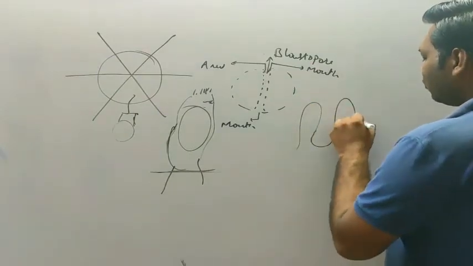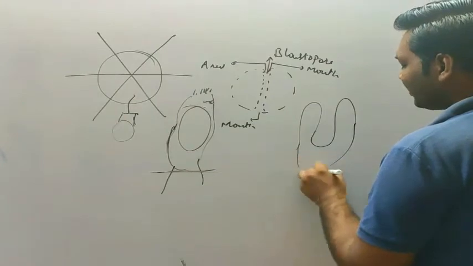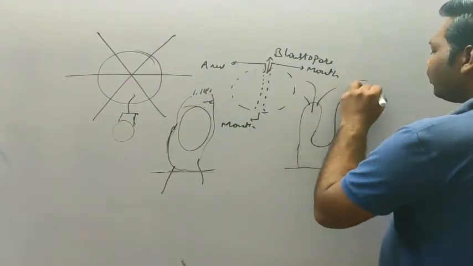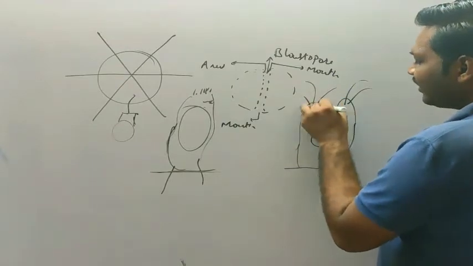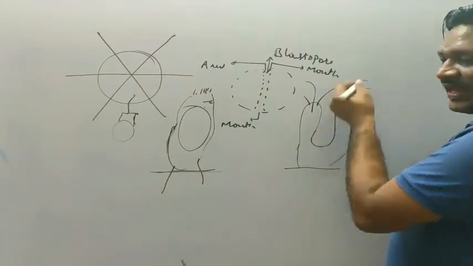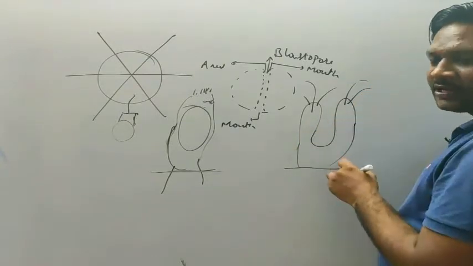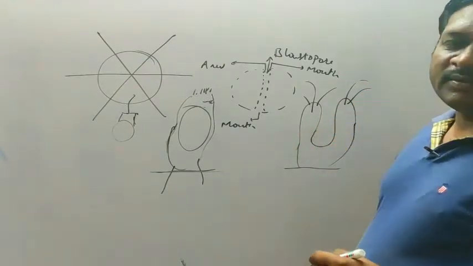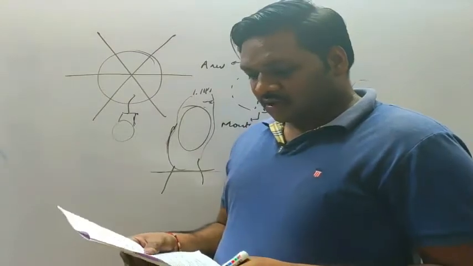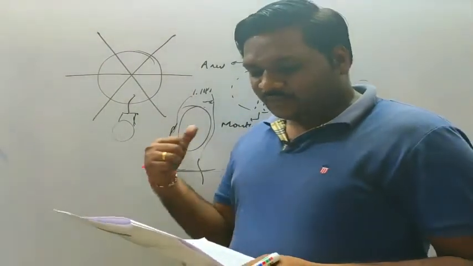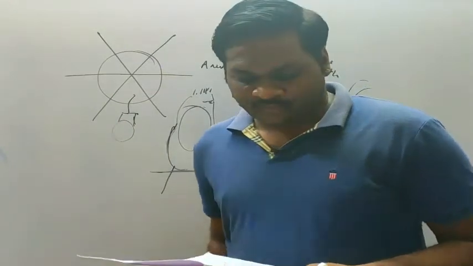This is of Hydra. The body is attached to the substratum again. Here the tentacles can be seen. This particular opening acts as a mouth as well as anus. So it is having a blind end over here, acting as a blind sac body plan. It is a characteristic feature of cnidaria. So that is the answer, option number C.